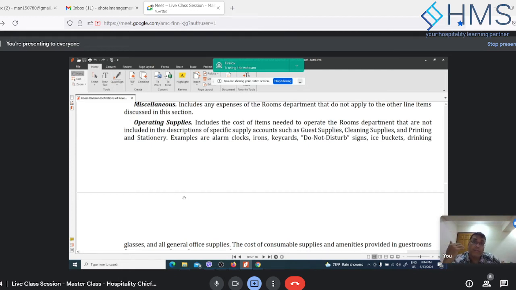Right, sir. So it depends on what is the policy of the hotel. But after a certain time, usually the first setup is always capex, and after that is usually expense. So if the hotel policy allows you to amortize over a period of 3 months or 6 months, then you can follow that. Otherwise, you have to charge that into the expense in the same month when you buy them.